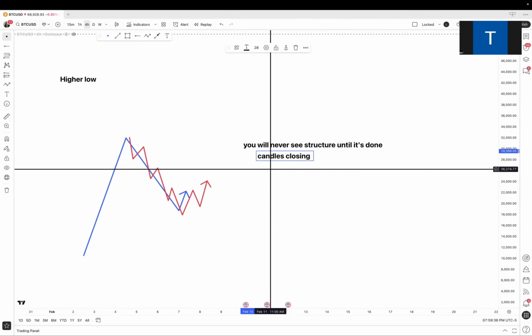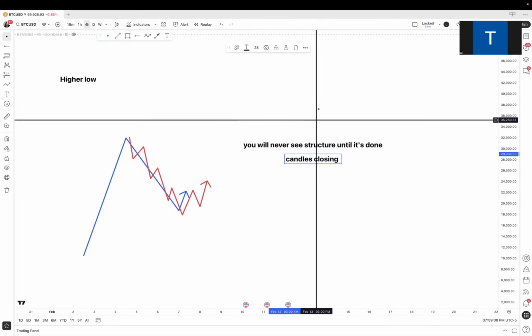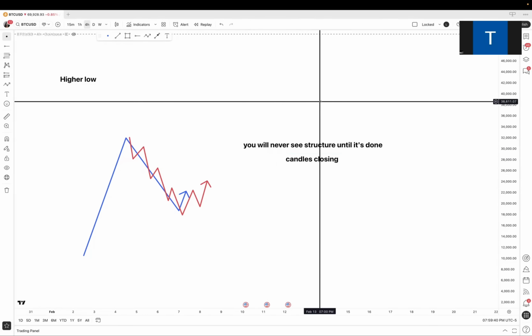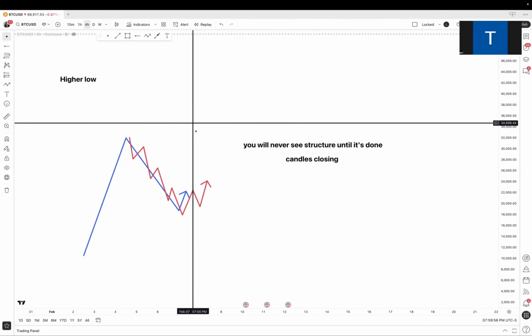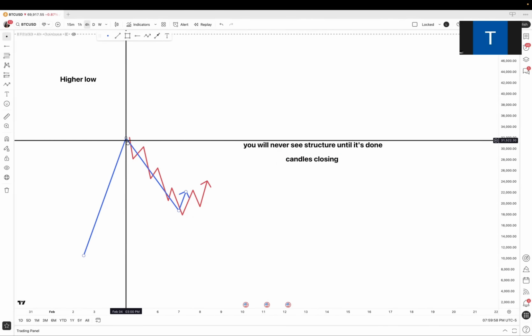That's why when it comes to marking up my charts, I always look at the body closes, because that's the most important part to me when it comes to market structure. Those are the things I like to pay attention to, because that is what a structure close is, right? So with this being said, when it comes to the structure shift, looking at the 4-hour time frame,